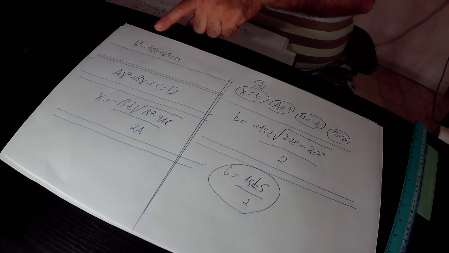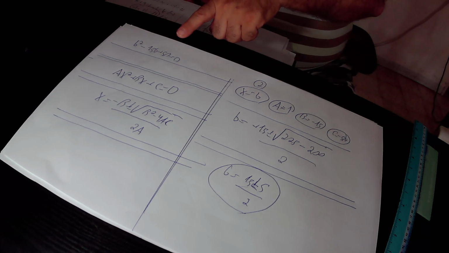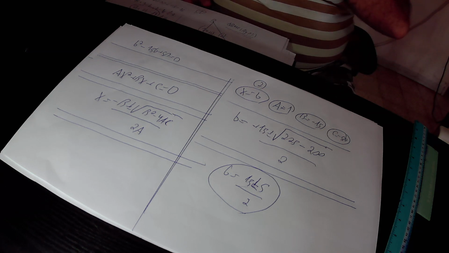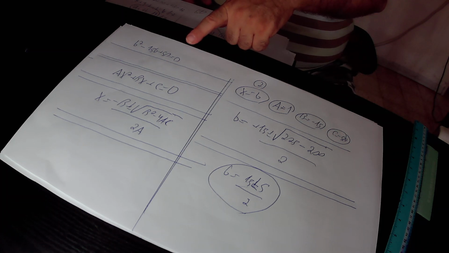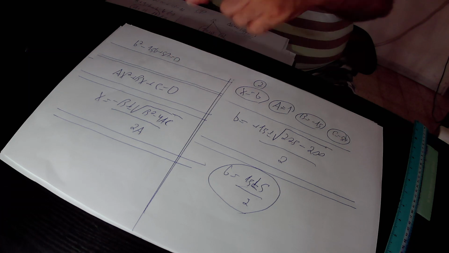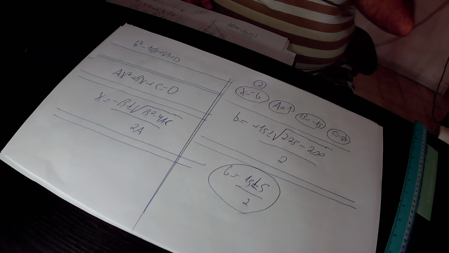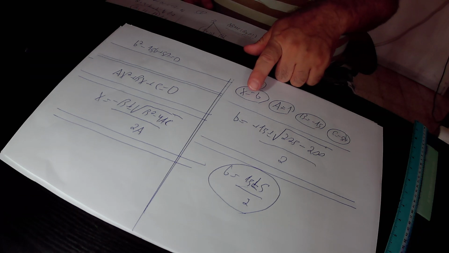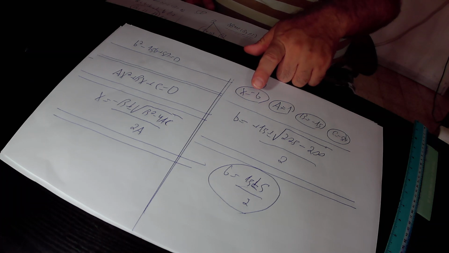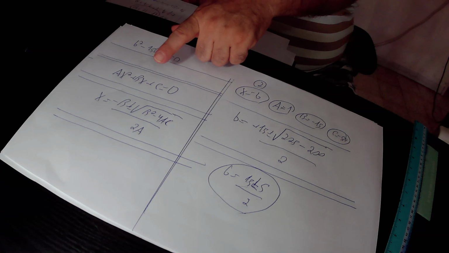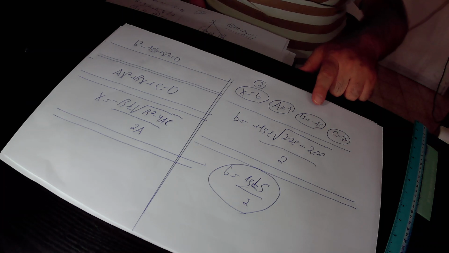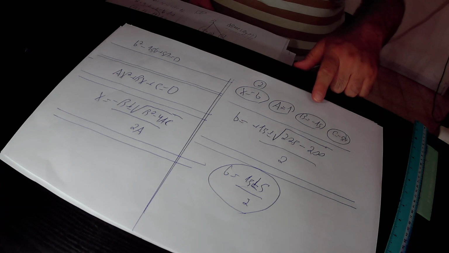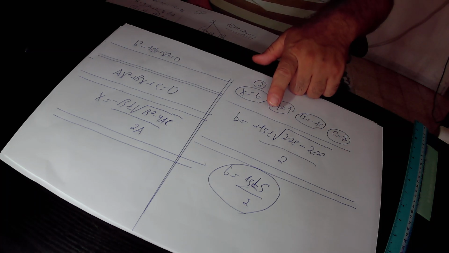The coefficient a equals 1. The coefficient b equals minus 15. And the coefficient c equals 50. The only thing left to do is to put this data from our specific quadratic equation inside the general formula for x. In this way, we find the values of b, because x equals b. So substituting x by b, we find that x equals minus b, and b is minus 15, therefore minus b is plus 15, plus or minus the square root of